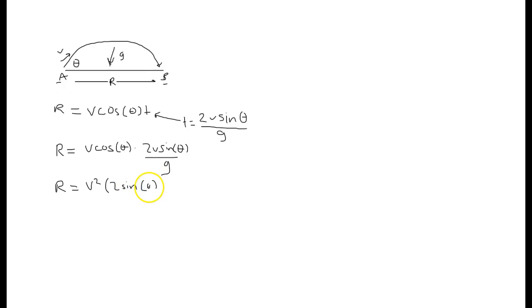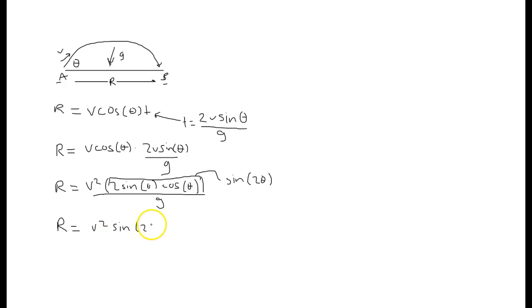theta times cosine theta, and this is all over g. This is gravity. Actually, you can combine this quantity together to create sine 2 theta because of the double angle formula, and that gives us the final equation for r. It's r equals v squared sine 2 theta